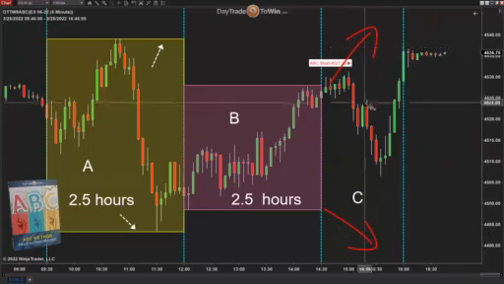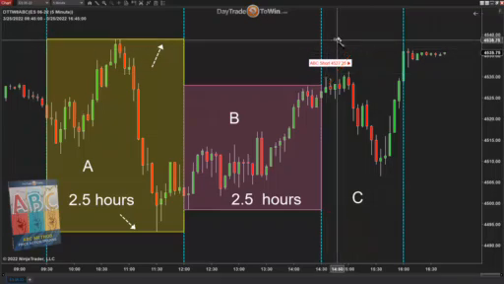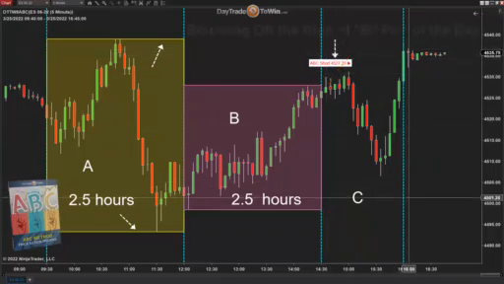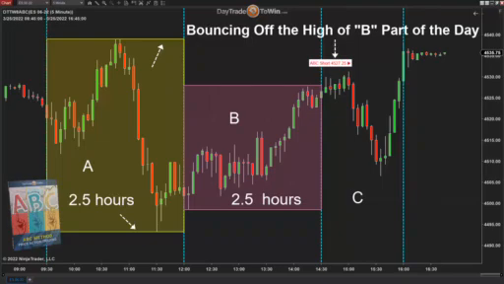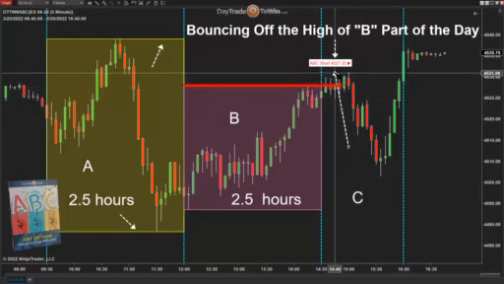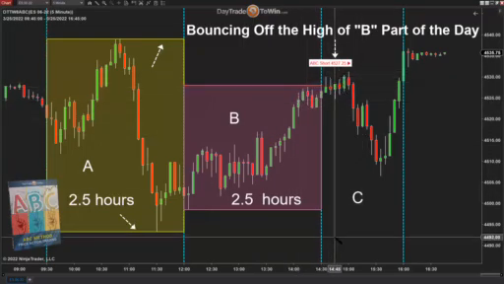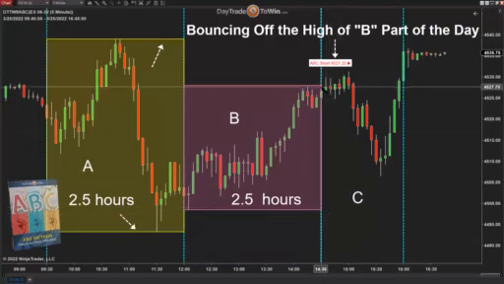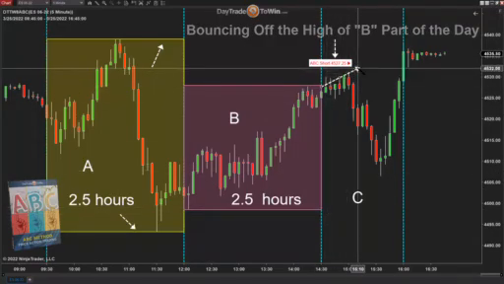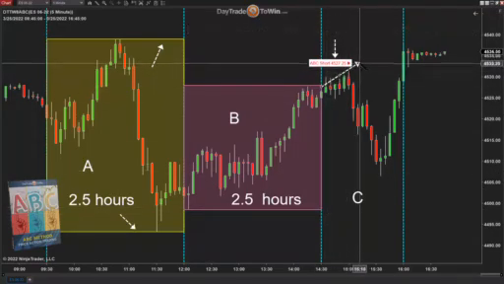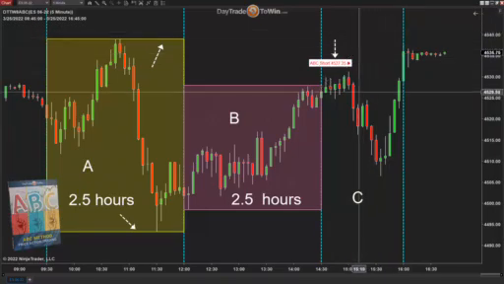In this case, you're going to see something different here that the software provided, which is a short signal. And the reason for this short signal is because the market hit this resistance created in the B part of the day and reversed off of it. And that's the reason for the signal. The same thing is true if the market had broken above the B part of the day, the middle part of the day, and continued higher and higher, you'd see a long signal because it's now a late day rally. So what you're seeing here is normal.